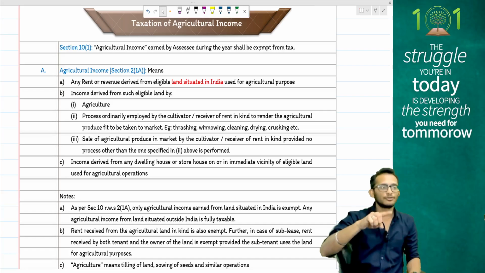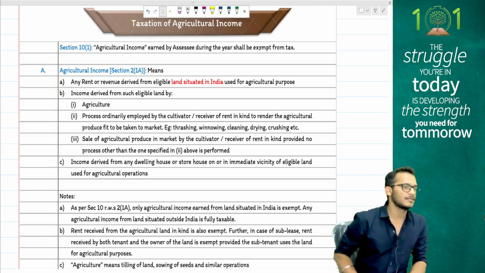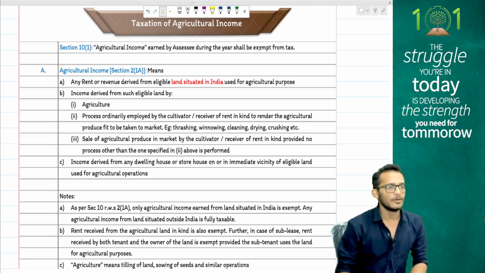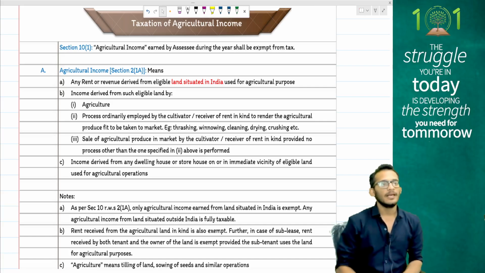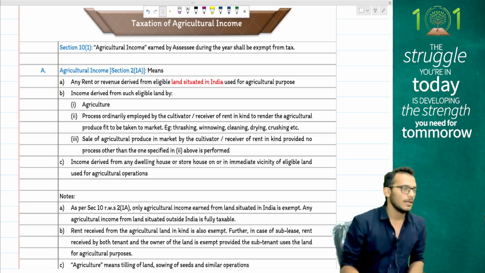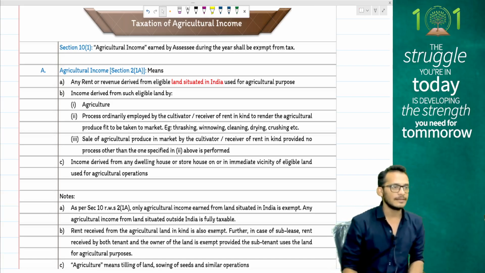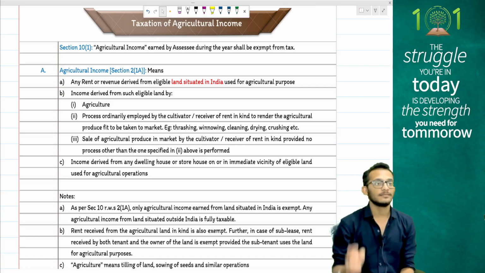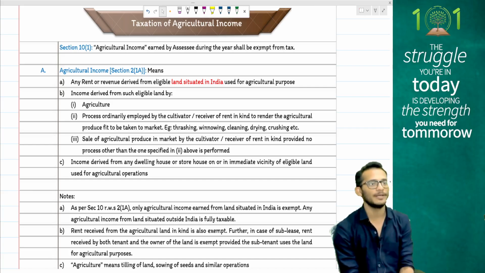The income should come from a rural agricultural land situated in India. How does a land become a rural agricultural land? If the land is within the municipality, population should be less than 10,000. If the land is within 2 kilometers, population should be less than 10,000. If the land is between 6 kilometers, the population should be less than 1